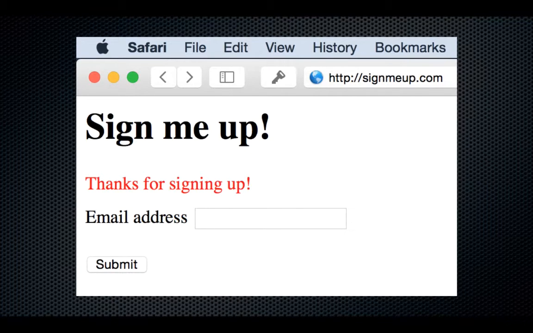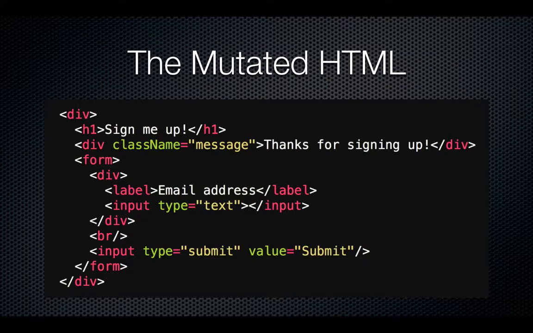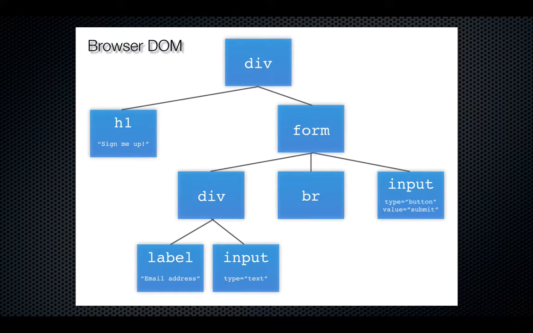Now, if we wanted to change what's on the screen, the way in which we'd go about doing it is we would mutate our HTML. So we might add a new div to it. It's just got a message inside of it. And traditionally, when it comes to actually making this change dynamically, we put a new element directly into the browser DOM. And this is actually quite an expensive thing to do, interacting with the browser DOM, because as